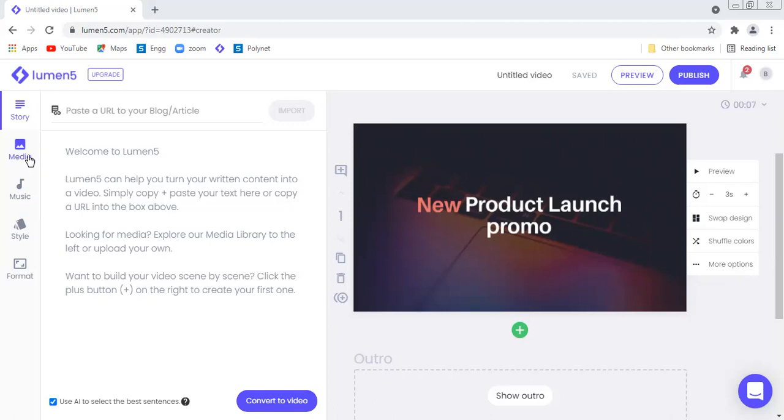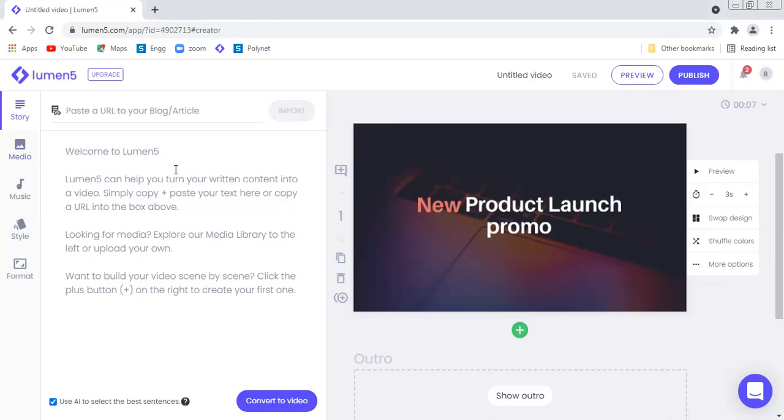But before seeing the features of media, let us understand the other way of using the script. First, either we can import the story or script from a certain URL or article, or we can write our own story.